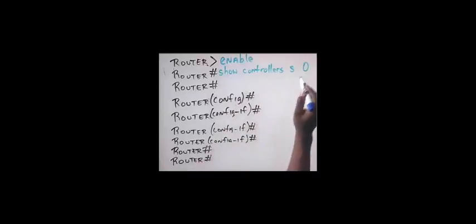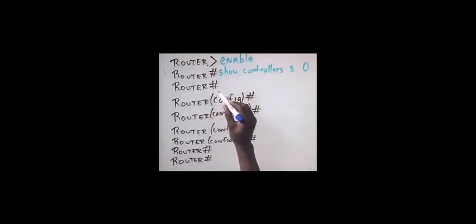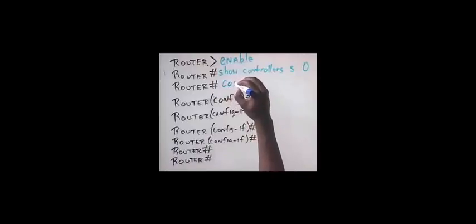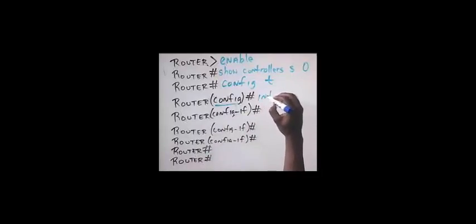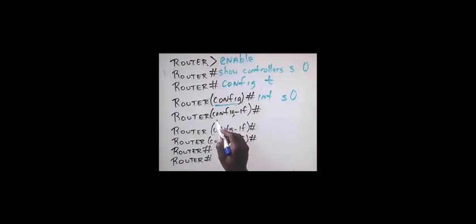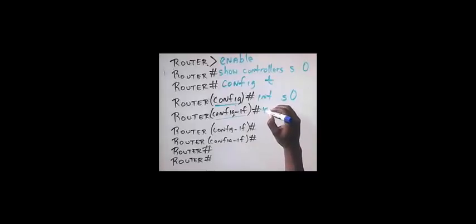Let's now configure the serial interface for communication. Here at the privilege mode prompt, we would issue the command config T or configure terminal to put us into global configuration mode. That global configuration mode is indicated with the config prompt here. Now we indicate the interface that we want to configure, interface serial 0. That puts us in interface configuration mode. That's indicated there with the config-if. Now we can configure the IP address here. IP address